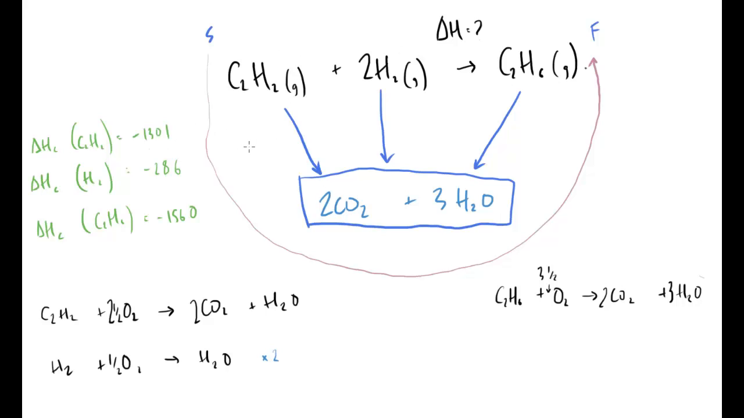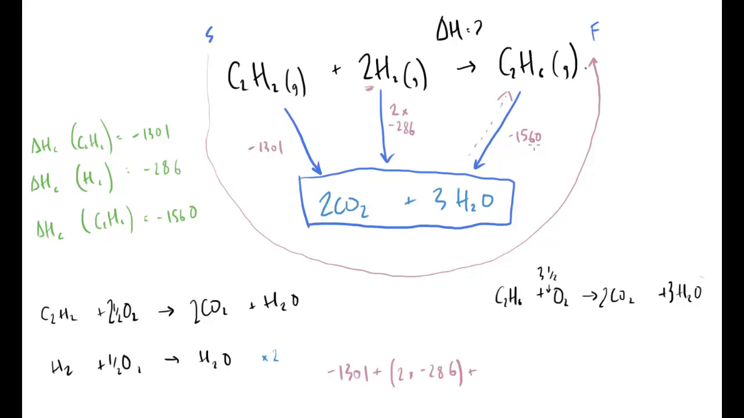And if we look at here, we've got minus 1301 here. We've got minus 286 here, but remember we have 2 of them. And then we have minus 1560 here. So just quickly, these values are the true values. I'm not going to write these in as reversed ones. I'm writing them in as the true values, and then when I come to calculate, I will reverse if necessary. So I'm going to go with this minus 1301, and I'm going to add to that 2 times minus 286,